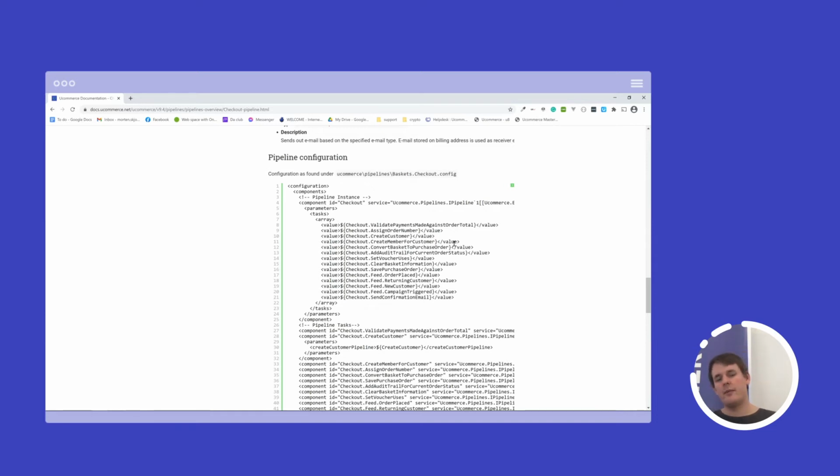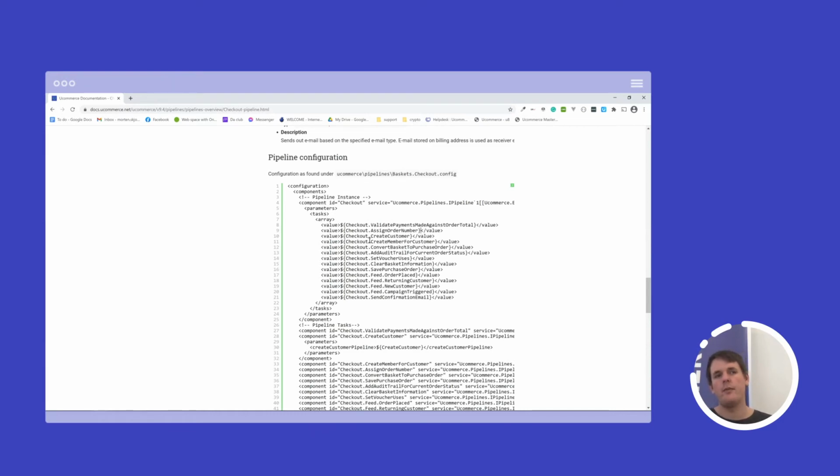Let's talk a little bit about the order numbers. Order numbers will usually only be created when you are being checked out, because otherwise you will get a lot of order numbers that are still only baskets. So you will get jumping order numbers, going from 1 to maybe 30, before there's a new order number that actually makes an actual order. So that's why we have it in the checkout pipeline.